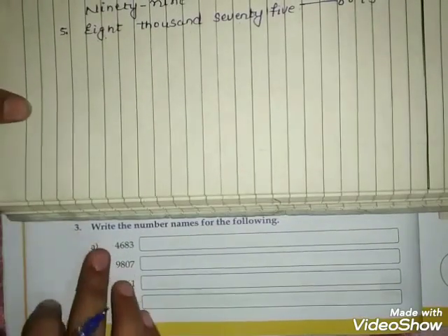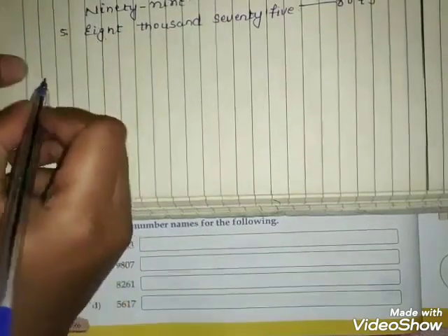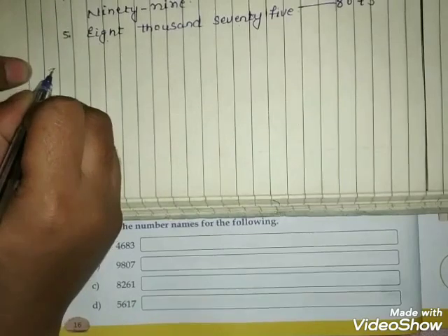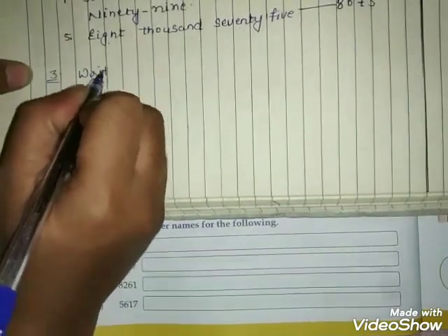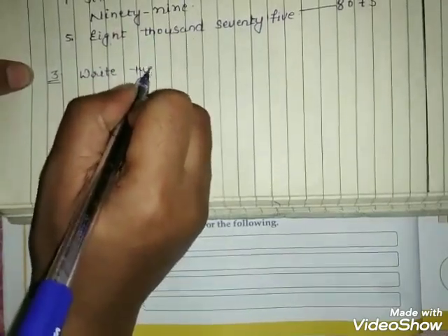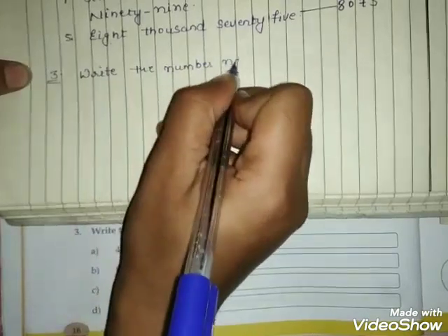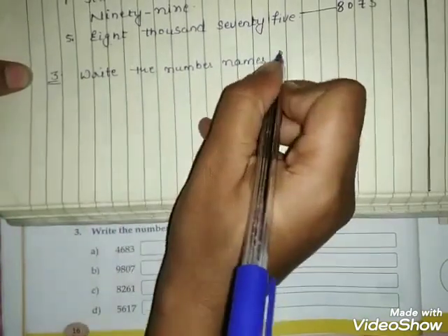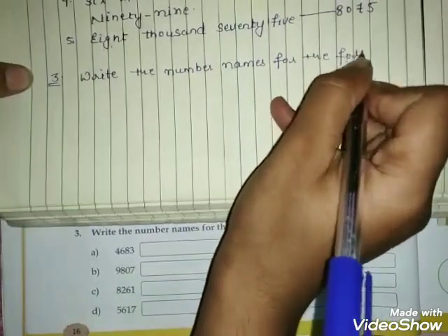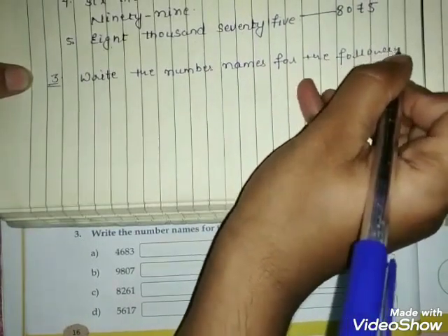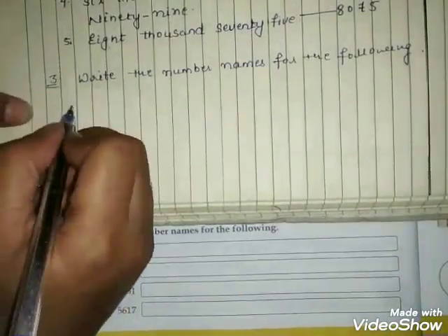Now let us move to the third question. The heading is write the number names for the following. So right here, question number 3, write the number name for the following. So here we have to write the number name. See, the question number first is